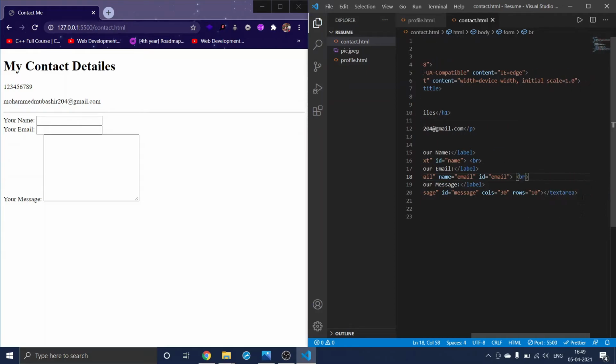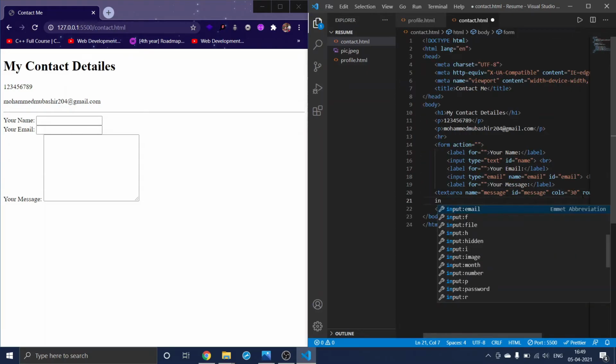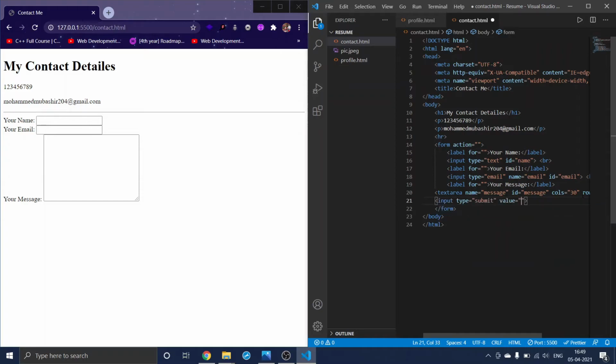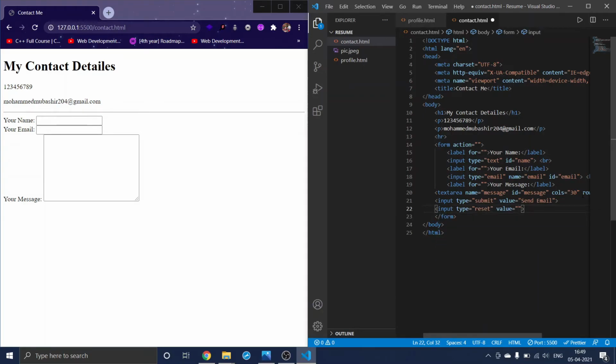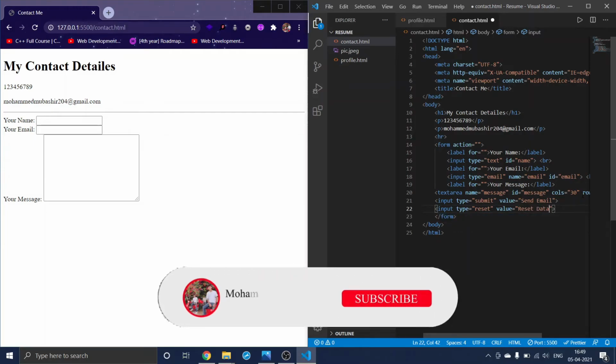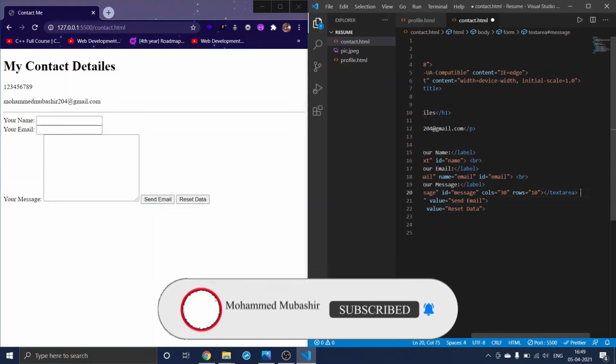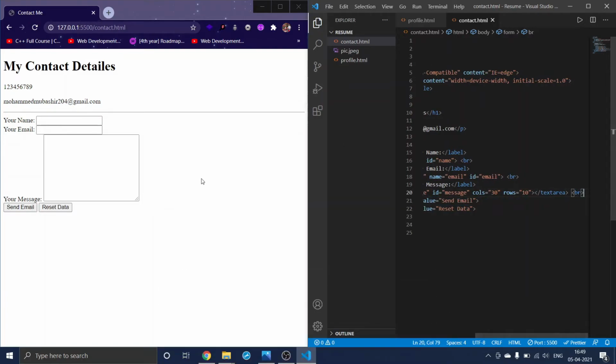And after the textarea, I'll use an input of type submit with the value send email, and again I will use an input of type reset, with the value reset data. Save, and if you want you can use a br tag here and save. Yeah, so now our contact details page is done.